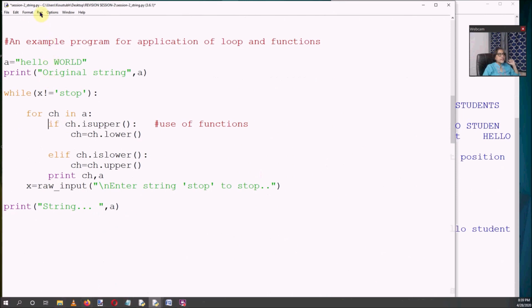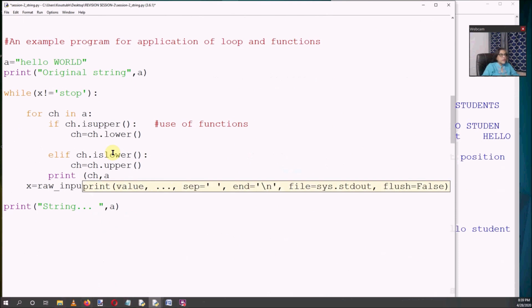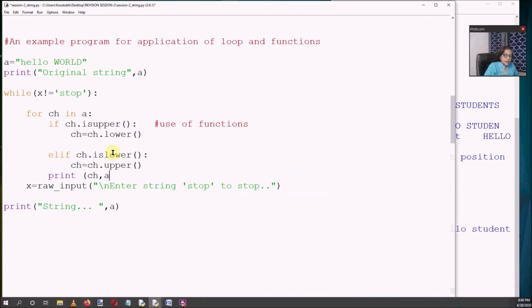Now I will run this part only. Now execute the program.